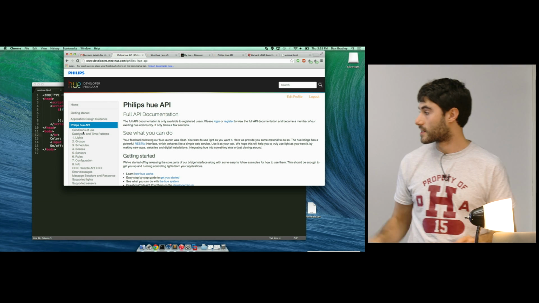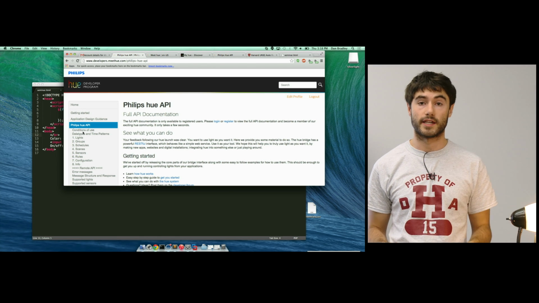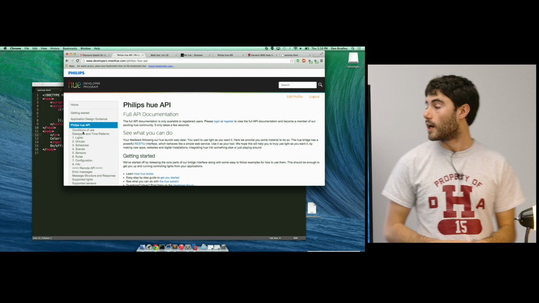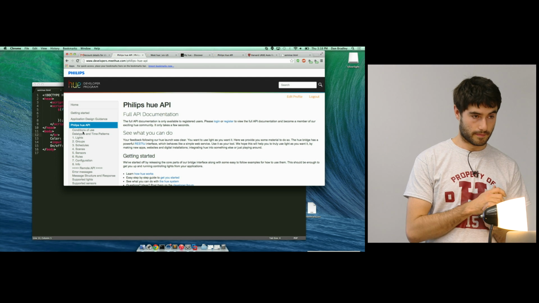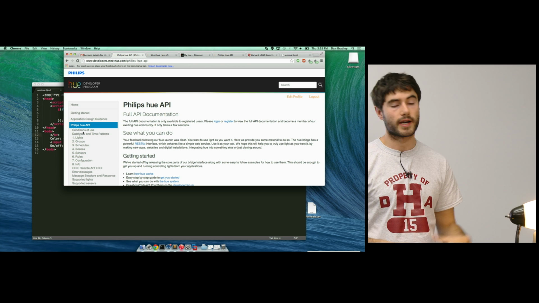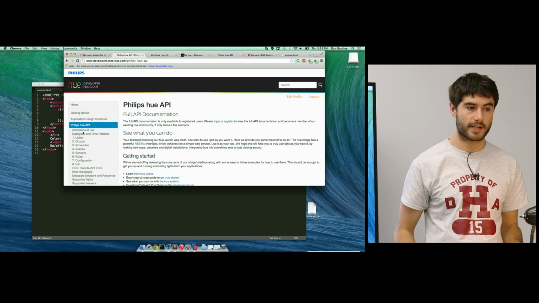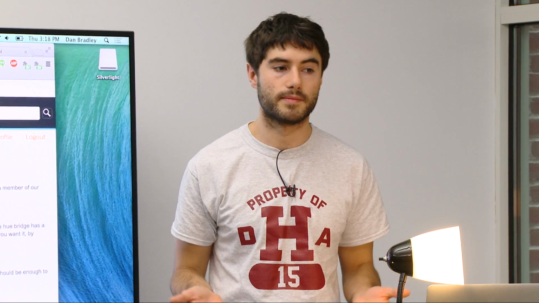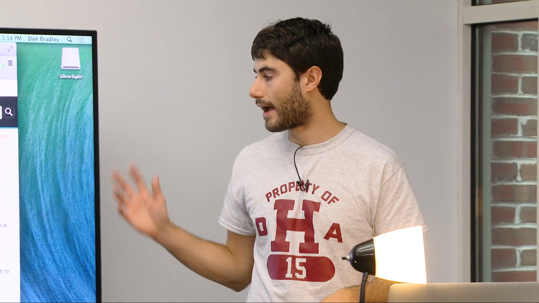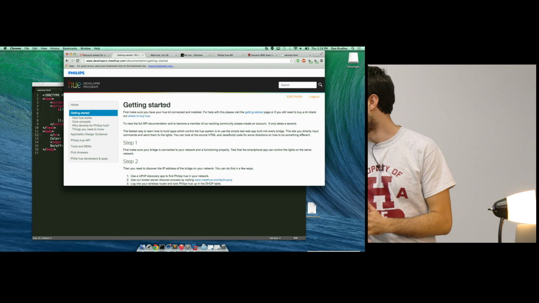So the API documentation that we're on now is going to be your best friend if you're trying to do anything useful with these bulbs. Basically, it'll tell you how to get started using these bulbs, how to change the lights to whatever color you want, how to create groups, which isn't all that important right now because we're only going to be talking about a single bulb. But if you, say, have multiple bulbs, it is very handy, and all sorts of things. So to get started, we'll go to their Getting Started page, surprise, and